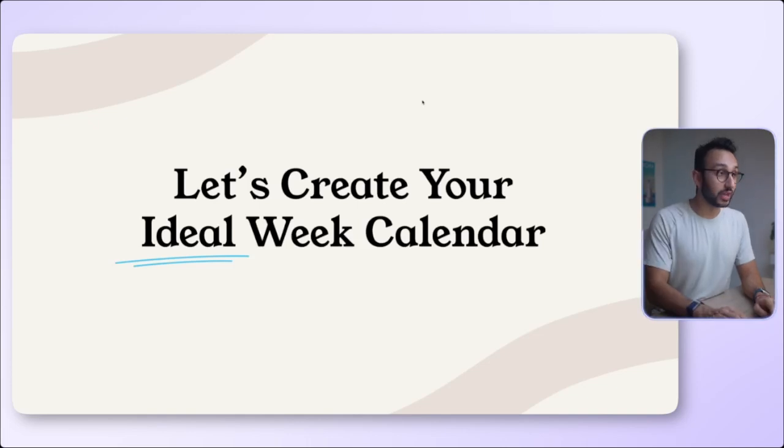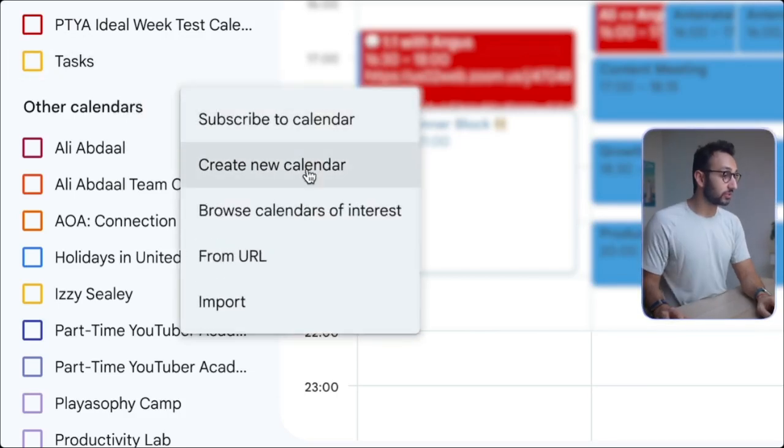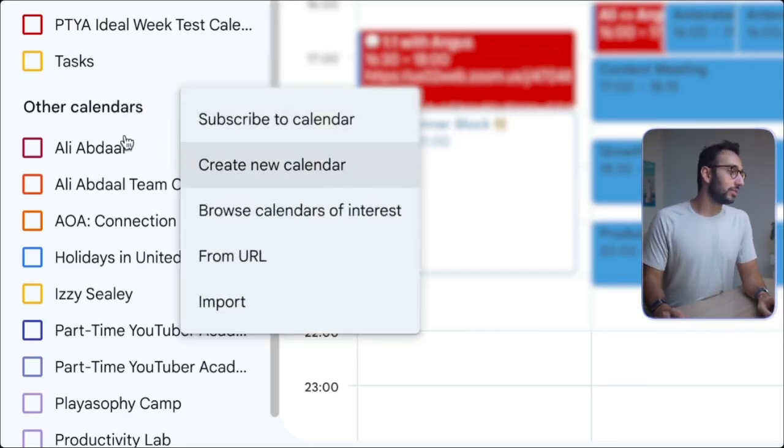We're going to do a little 5-minute thing now where you can create your own ideal week calendar. This exercise is basically similar to the ideal Tuesday, except you're doing it for the whole week, just to create the first draft of your ideal week calendar. And please go on Google Calendar or whatever other calendar app of choice and create a new calendar. You can hit this plus button and hit create new calendar. That's what that does. And then you can draft out your ideal week.